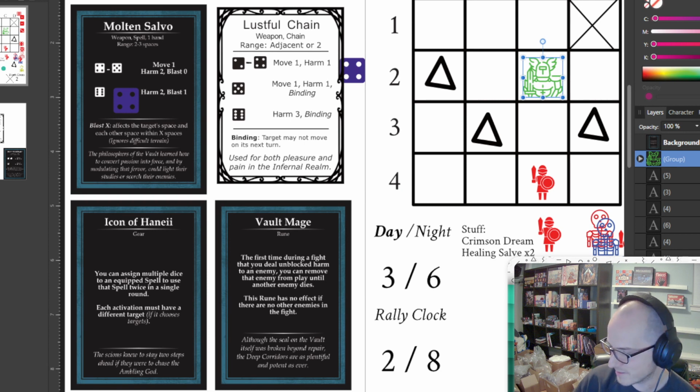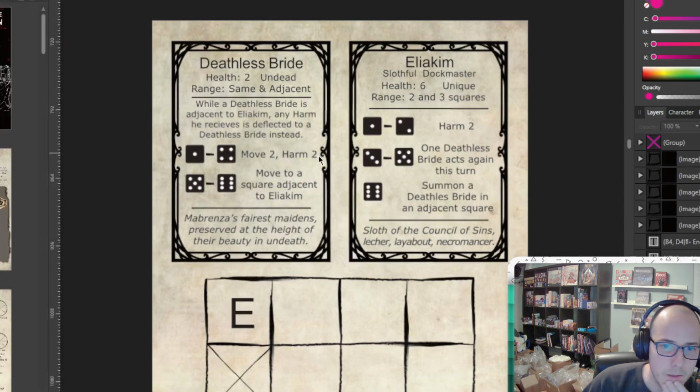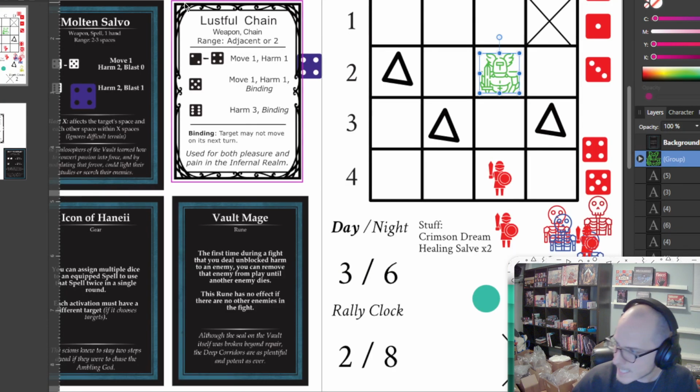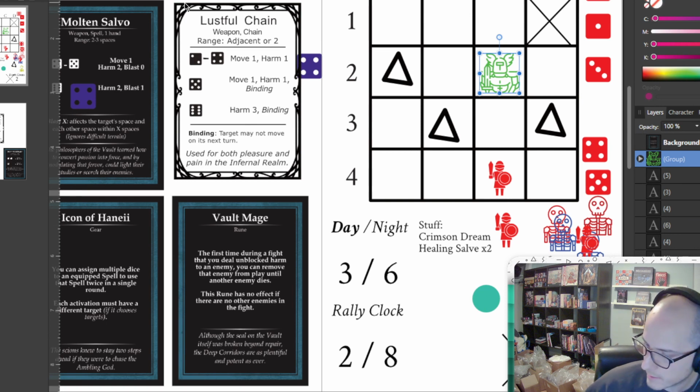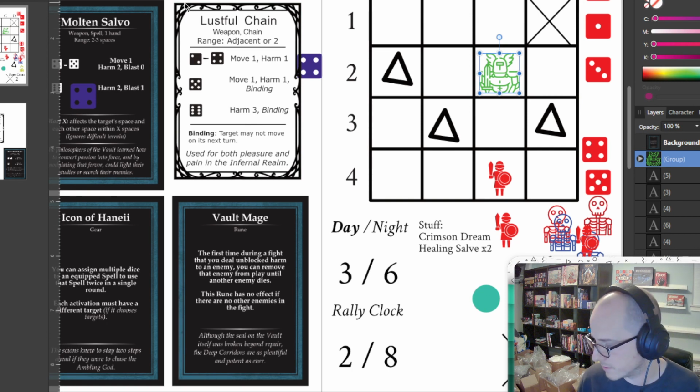All right, Eliakim, you stay right there. I got a 3 and a 1. Ugh. I'll summon him and get a Molten Salvo and do 2 to him. Puts him at 1. Eliakim, buddy, you gotta roll something other than a 3 to 5. A 2! What does that do? Ooh, harm 2. At 2 or 3 spaces. Okay, so I'm gonna take some harm this time. Alright. Alright. I got 2 harm coming my way. I only have to do 1 harm to him, so...